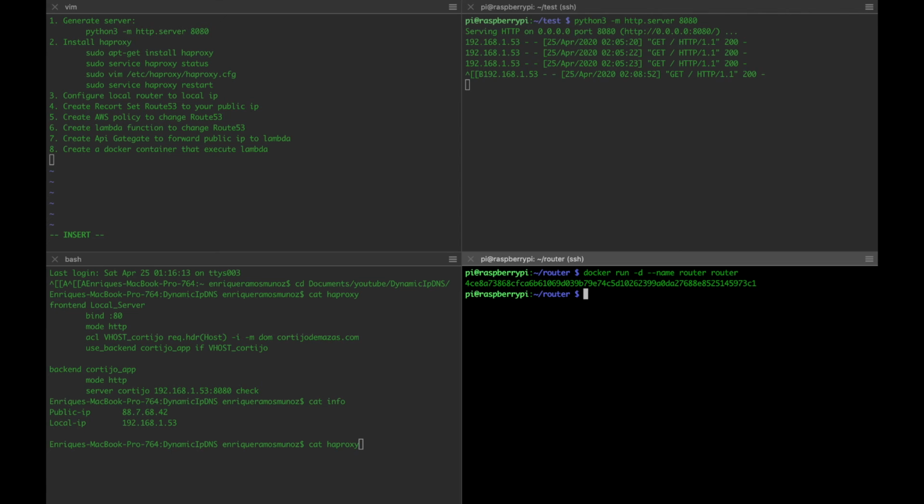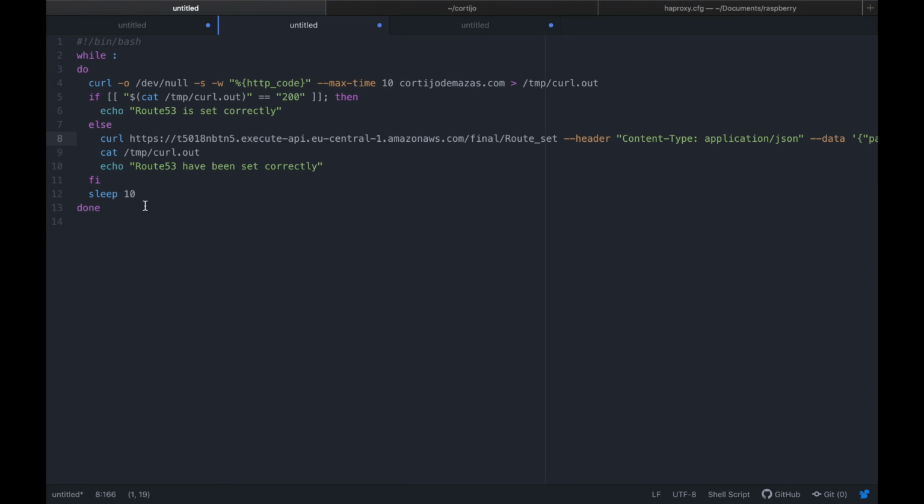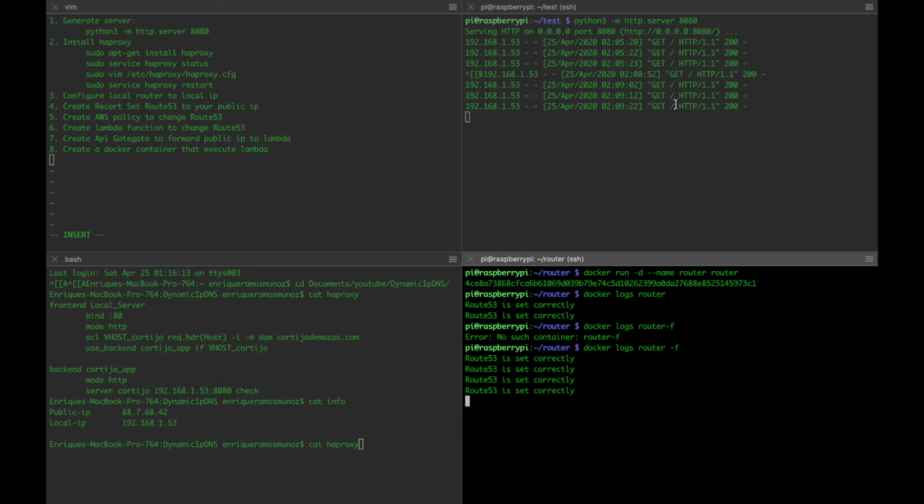So now the router is working. We can see the logs from this container. So we see here that we will follow, and we see here that every 10 seconds it is sending a request to